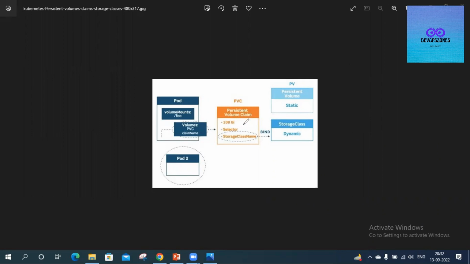Like if you have a database, or an application which is stateful in nature, you can add a physical disk to the Kubernetes cluster, and then you can use the PVC, or the persistent volume, to attach that physical volume or persistent volume